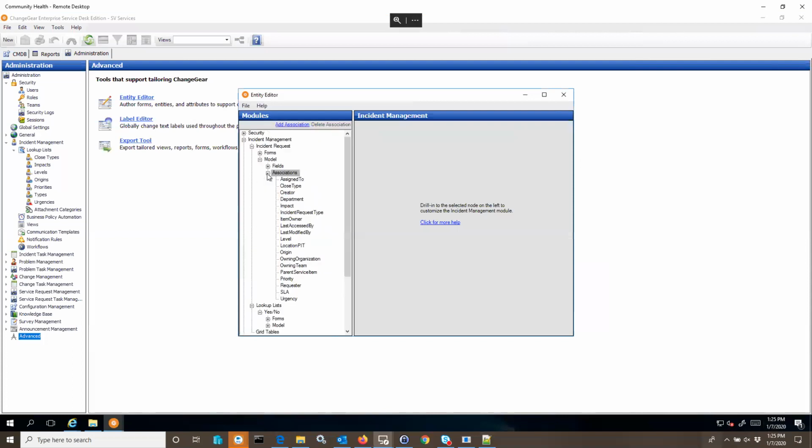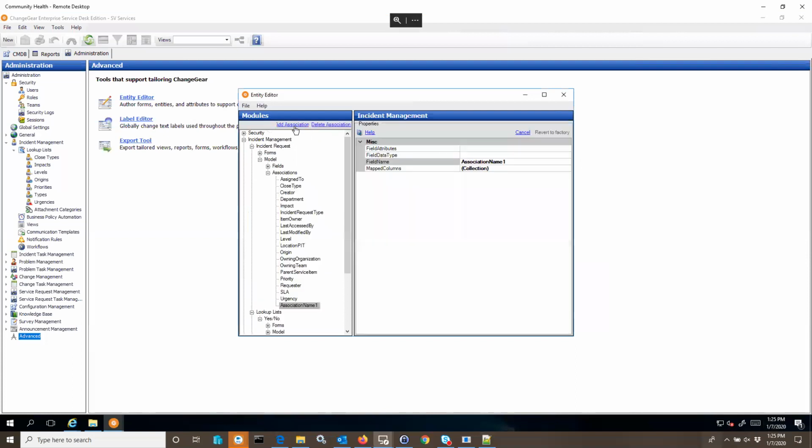Whereas associations, this is the only place where you can create these. So I'll go ahead and click associations and then add association right here, and then choose my name. So field name is,